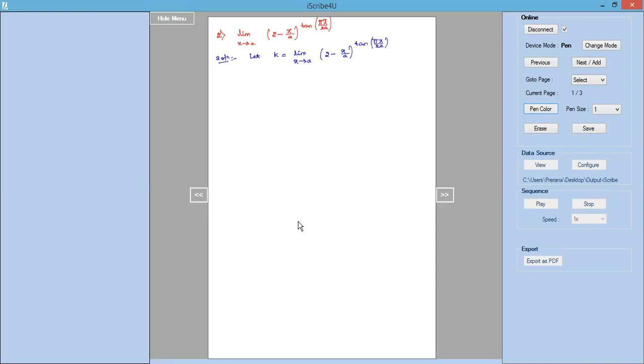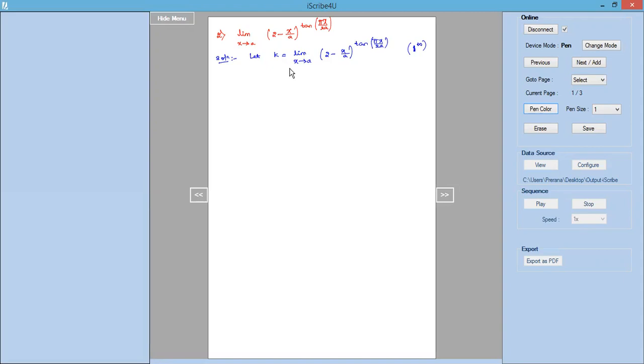So when I apply the limit as x tends to a, this is a divided by a, which is 1. 2 minus 1 is 1. So this is 1 power tan of pi divided by 2a. Pi into a divided by 2a, a gets cancelled. So tan 90, we have tan 90 is infinity. So it is of the form 1 power infinity. Given limit I have denoted by k.